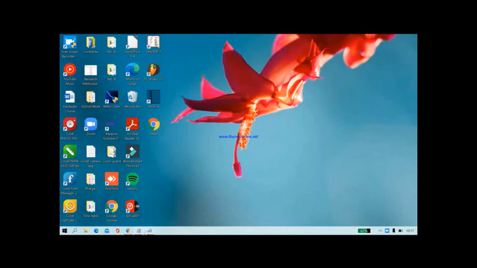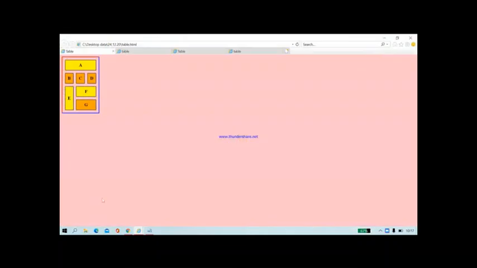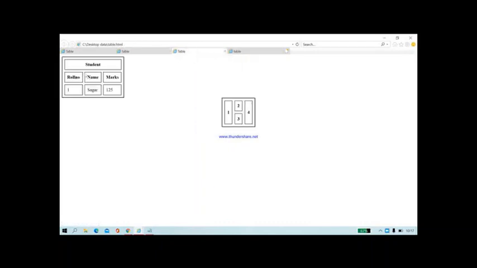Now, the second table, I will show you the output of the next table. If you want to insert a table like this, where the columns are combined by a row, and here rows are combined by a column. Or, here there are 4 columns which are combined by 2 rows. Then this is one more form where 3 columns are combined by a row and 2 vertical lines are combined, 2 columns are combined by again 2 rows. So if you want to insert tables like these,